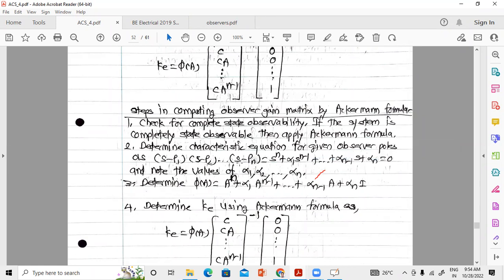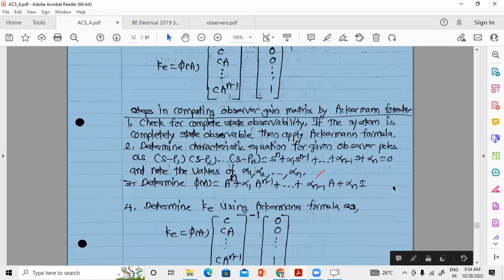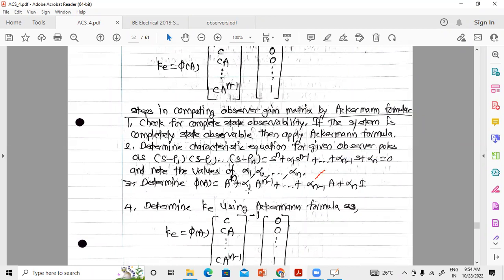Then determine phi A. Phi A is what? Phi A is A raised to n plus alpha 1 A raised to n minus 1 plus up to alpha n minus 1 A plus alpha n I. It is the same formula that we have used for designing state feedback control. This is called Ackermann's formula. Every matrix satisfies its own characteristic equation. And from that, we need to determine Ke as phi of A multiplied by the inverse of the observability matrix